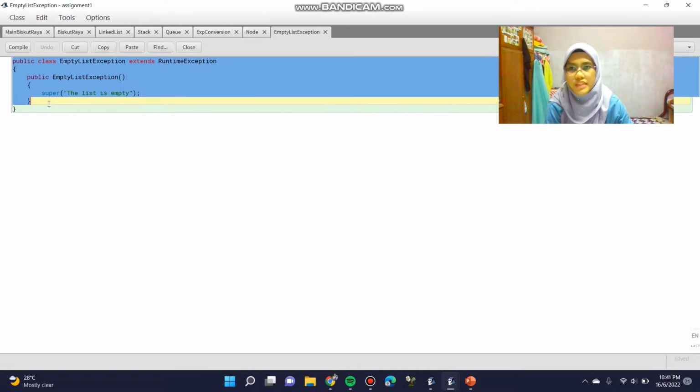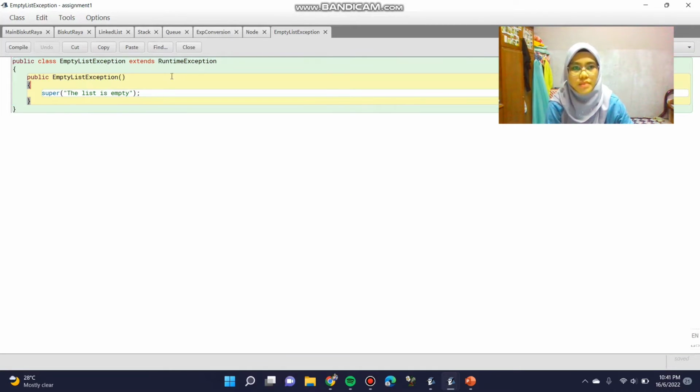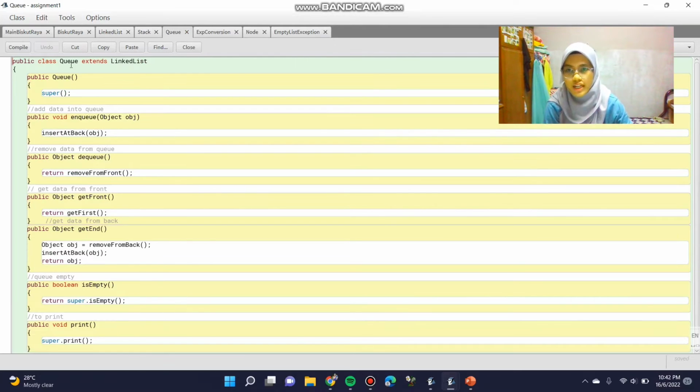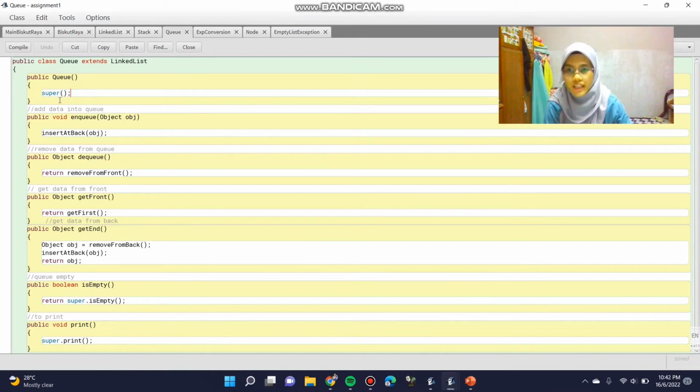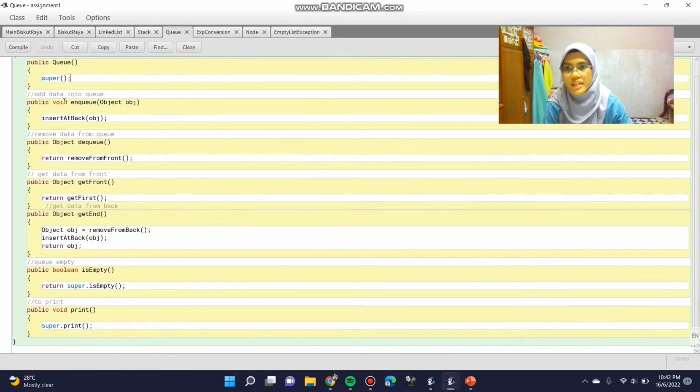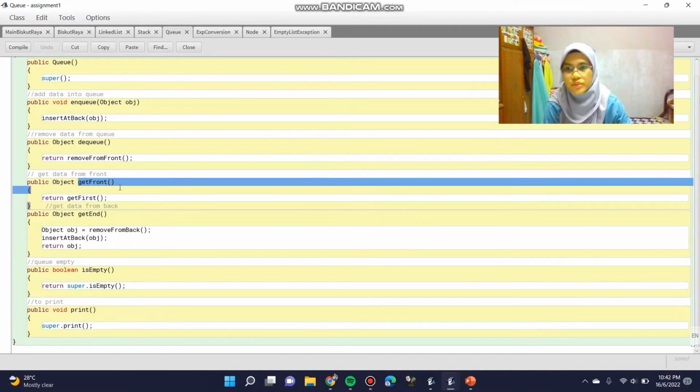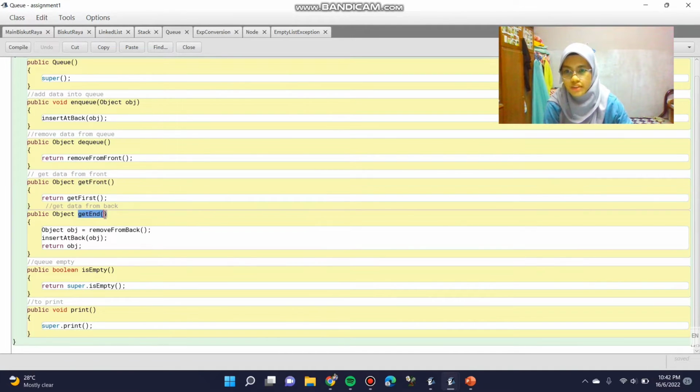Okay, this is the empty linked list abstraction that extends runtime exception. This is the queue class that extends the linked list class. This is the public queue, which inherits from the linked list class. This is an enqueue method to add data into the queue, dequeue method to remove data from the queue, and the get front method to get data from the front, and then get end method to get data from the back. And then the is empty method to check whether the queue is empty or not,